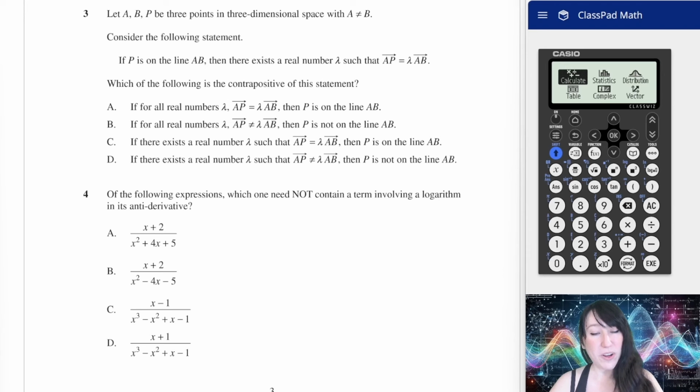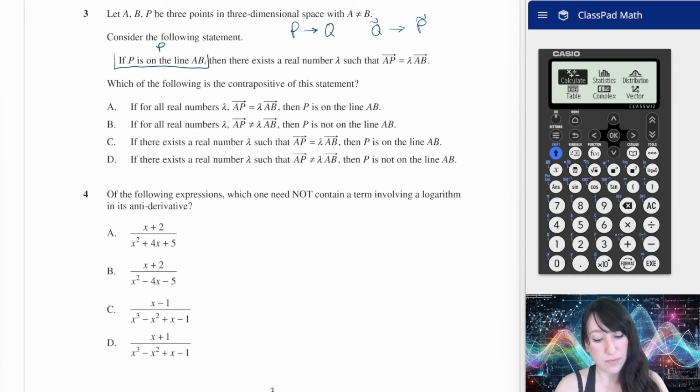Okay, so for a conditional statement such as if P, then Q, the contrapositive is if not Q, then not P. And we know that a conditional statement is true if and only if its contrapositive is true. So let's identify the P and the Q in this conditional statement. We have if P is on the line AB, then Q will be there exists a real number lambda such that